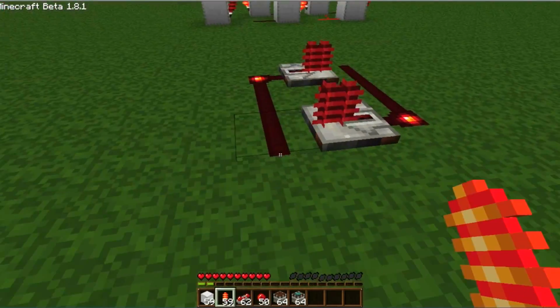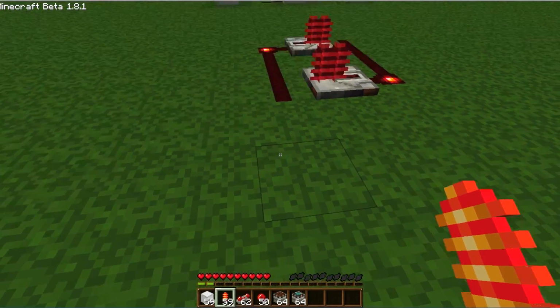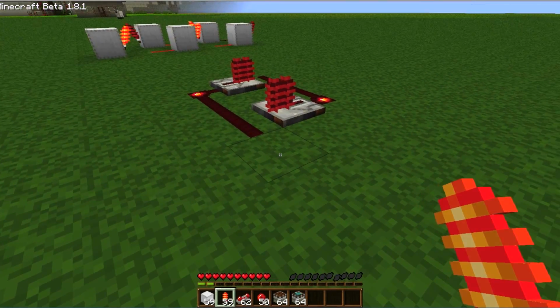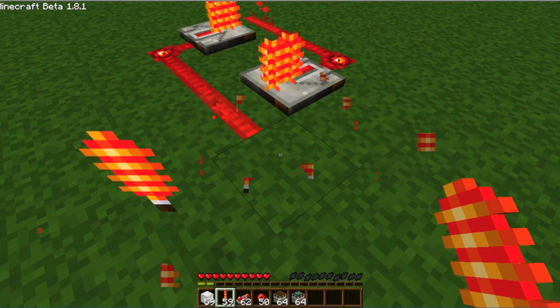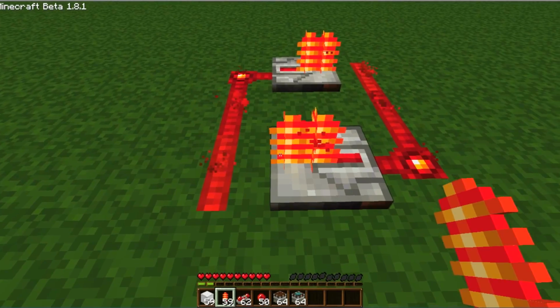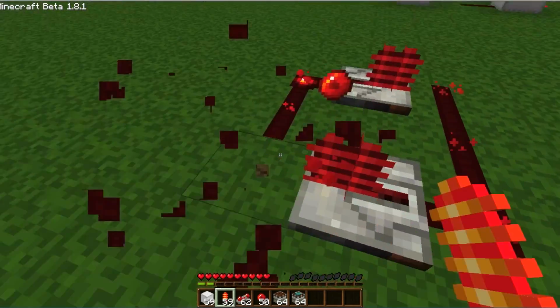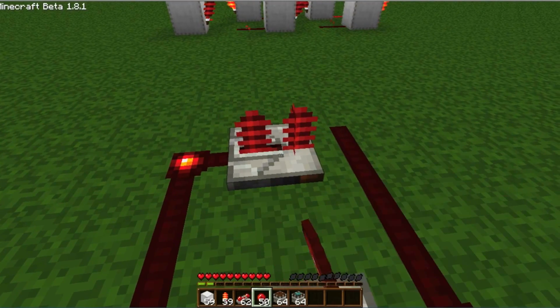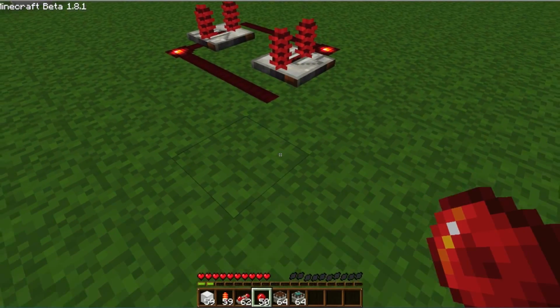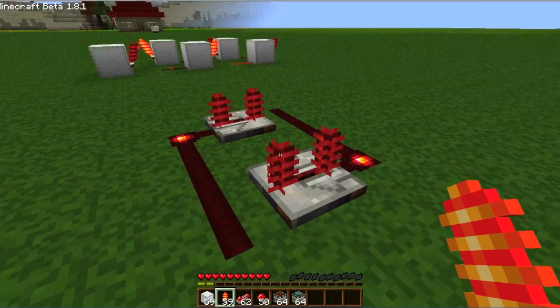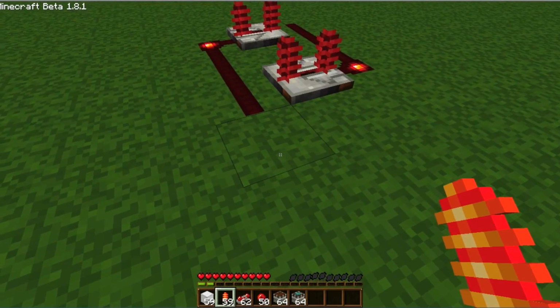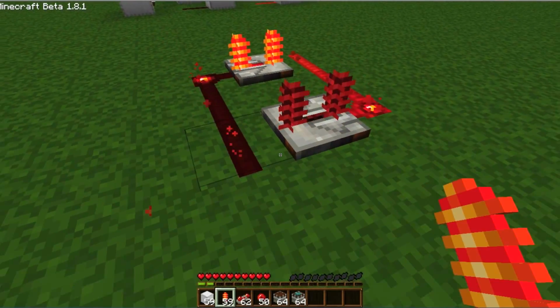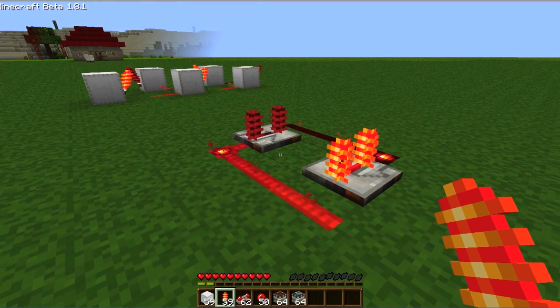And what you need to do with this one, with a pressure plate or with a redstone torch, is place it down and remove it really quickly. And as you can see, because it's on the first tick, it's just way too fast to be able to do that. So I'll put it on the 4th tick. So that's 0.4 seconds delay on each one. And here we have a 2 output